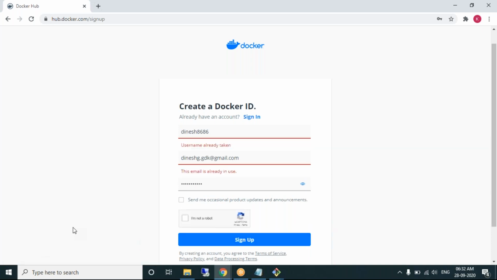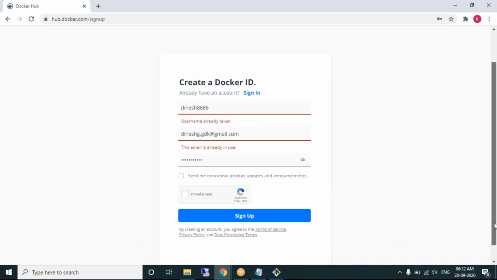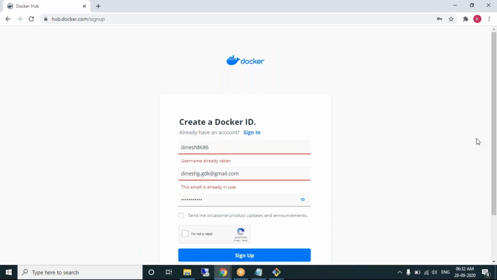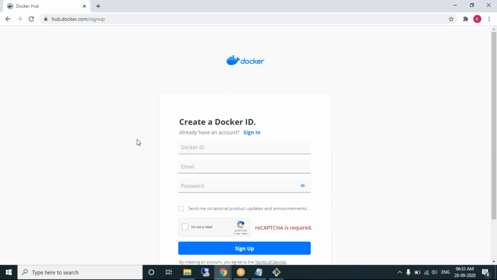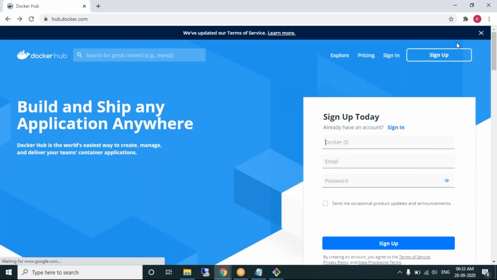Username is already taken. I got a mail to confirm my email address. Right, please confirm it. Let me know once it is confirmed.